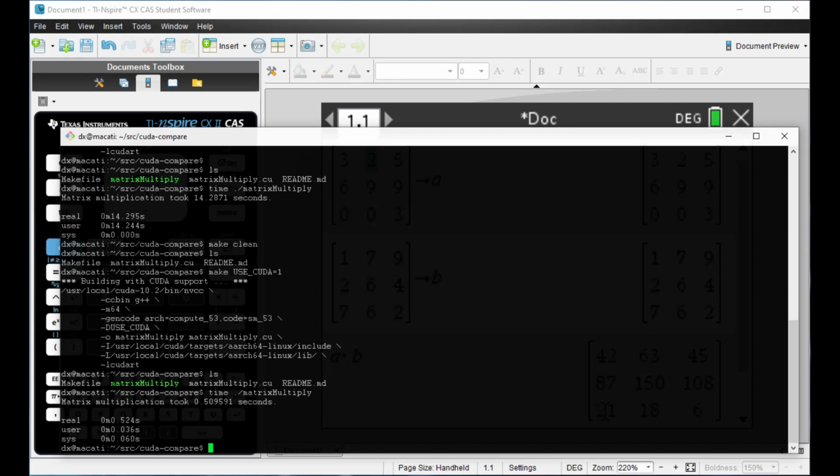When CUDA is used, it's 0.5 seconds, versus 14 seconds when CUDA is not used. So that is how fast parallel programming with CUDA is. Very interesting concept in software engineering here. It's trying to combine hardware and software. This is what GPU